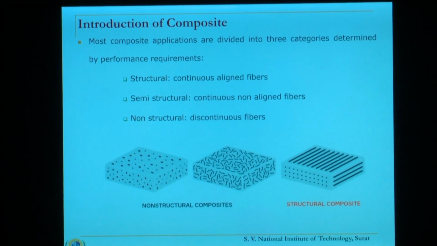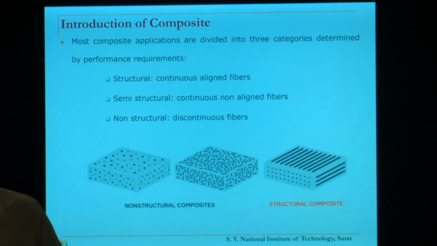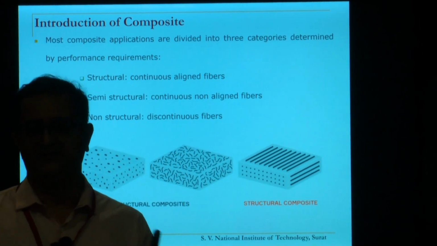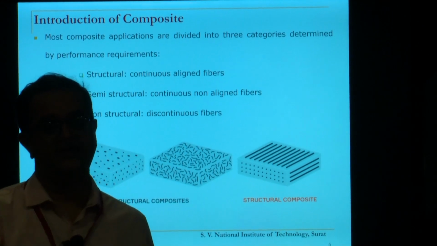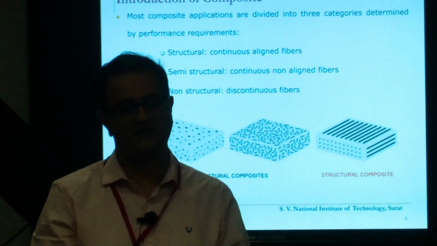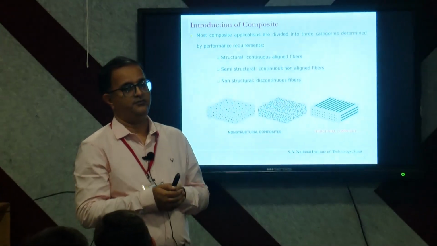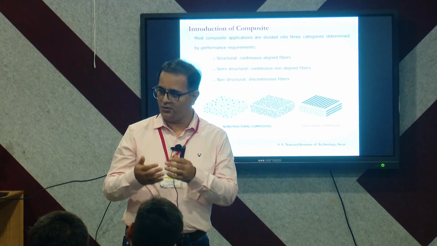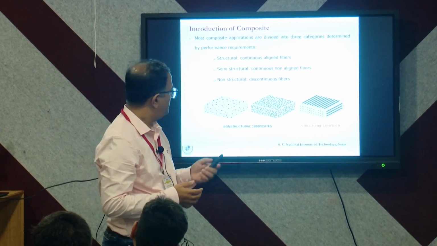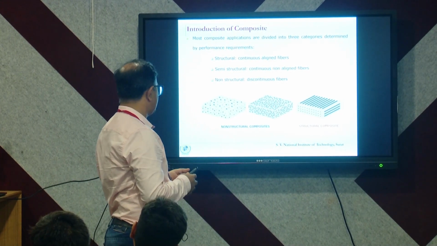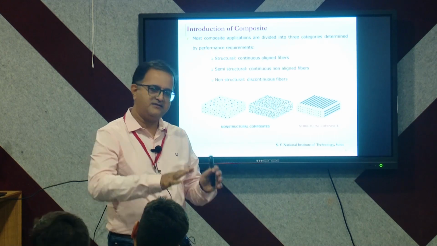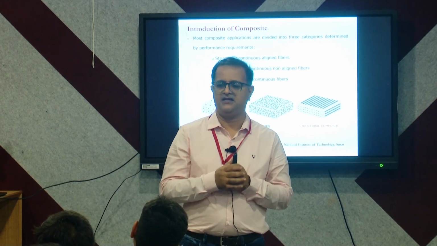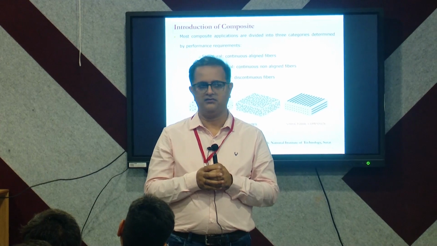When we use continuous fibers, maybe they are not aligned properly, so you mix them the way you want. That happens more with the natural fibers, which we haven't processed, so probably we are not able to put them into proper alignment. So non-aligned but continuous fibers have lesser strength, lesser properties as compared to the structural